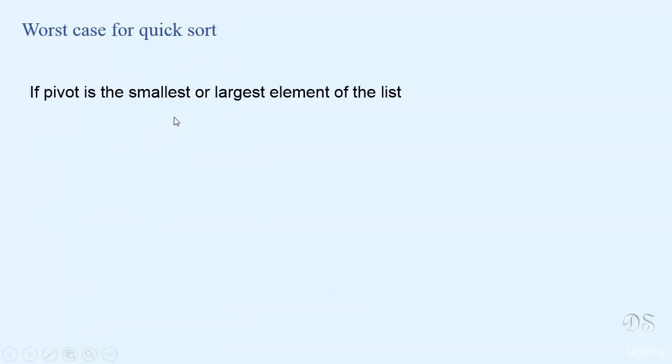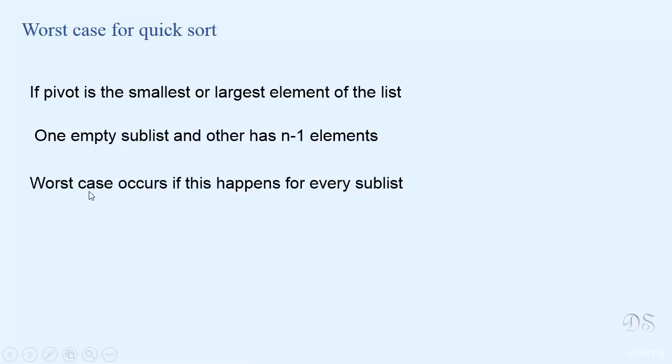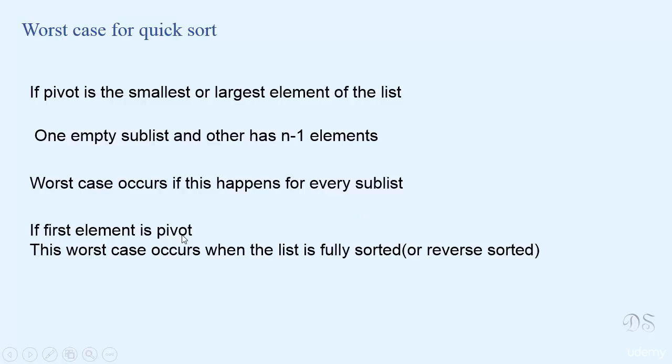Now let's see what is the worst case for quicksort. If the pivot is the smallest or largest element of the list, then we get two sublists, from which one is empty and the other has n minus 1 elements. And the worst case for quicksort occurs if this happens for every sublist that is formed. And if we take the first element as pivot, then this worst case occurs when the list is fully sorted or